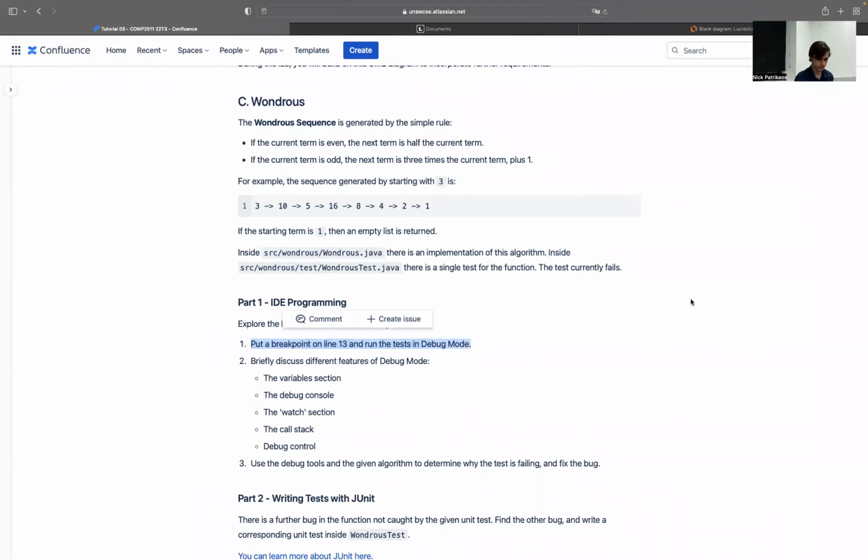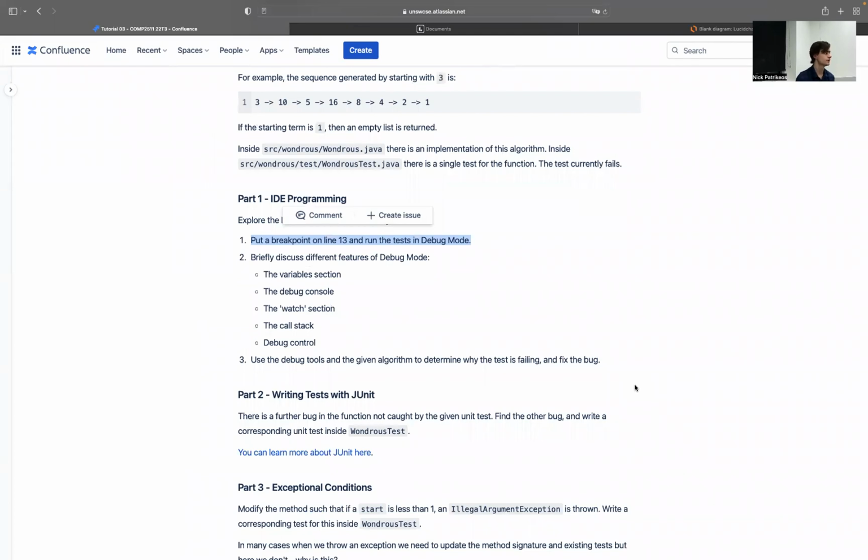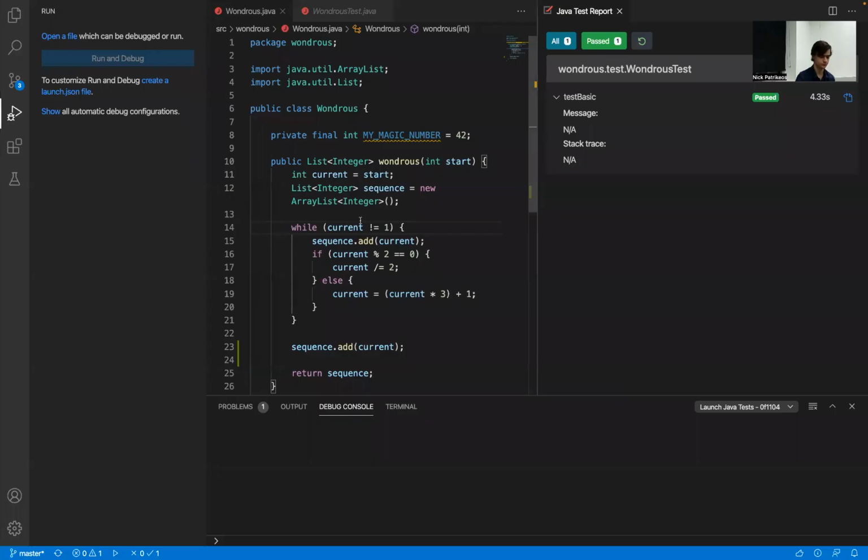The bad news is there's another bug that we didn't actually catch. The test didn't catch it. So we need to find the other bug and write a corresponding unit test. Now,